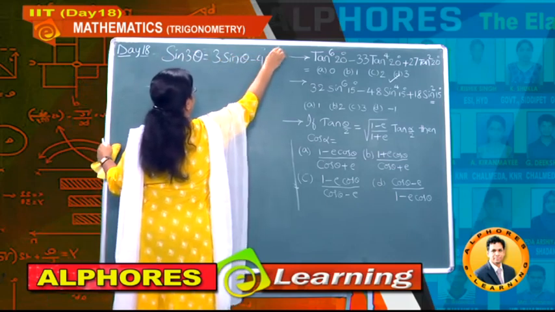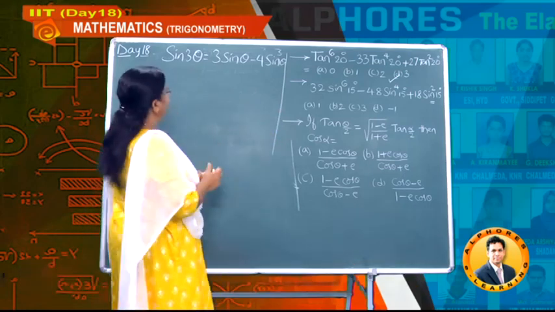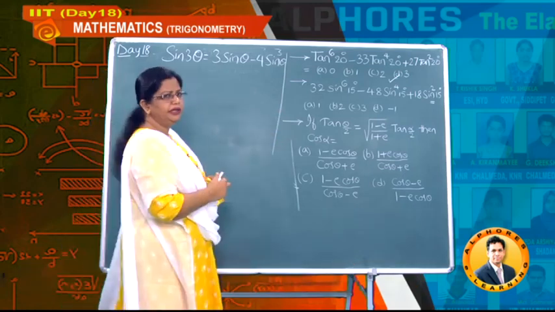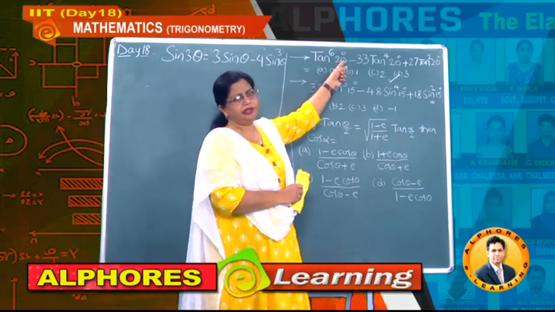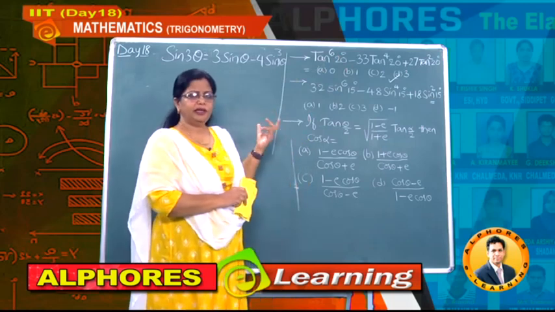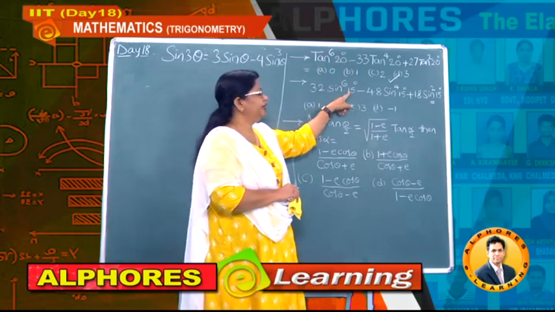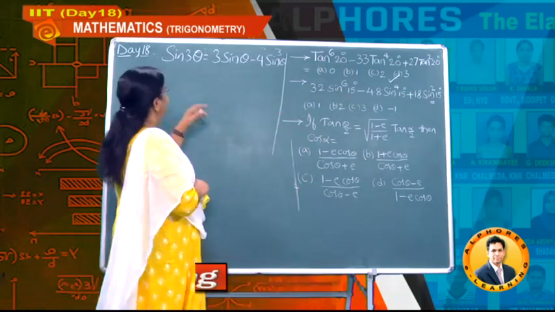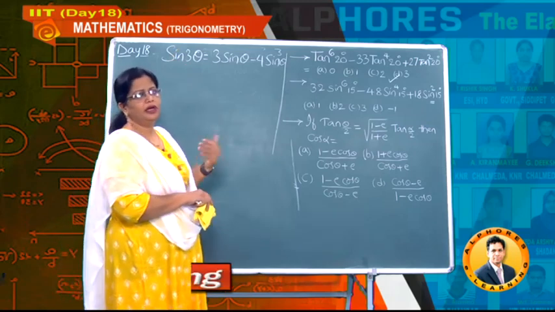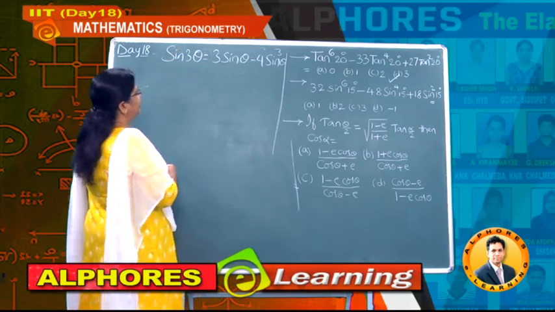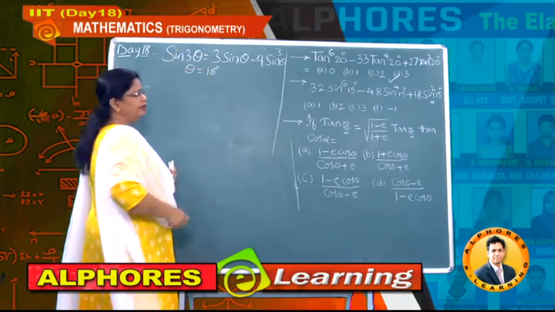So this is sine 3 theta formula, 3 sine theta minus 4 sine cube theta. So students, whenever we are using, make a note that everywhere whatever 3 theta you are writing, the 3 theta is here already known value. In previous problem 3 into 20, that is there actually 60 degrees tan 60 degrees known value. Now if I write theta as 15 degrees, then it will become here 3 into 15, that is 45, sine 45 is a known value. Therefore here let us take first theta equal to 15 degrees, just like our previous problem.